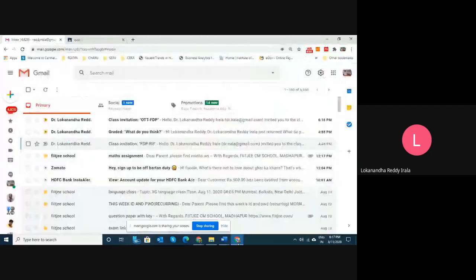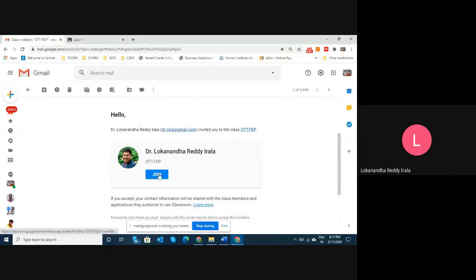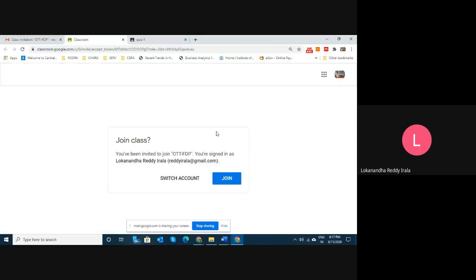Now here you get a mail like this. If your mail ID is added in the invitation box, you get a mail like this. You click on this mail, then it's an automatic join. Once you join, you will be landing in the class.